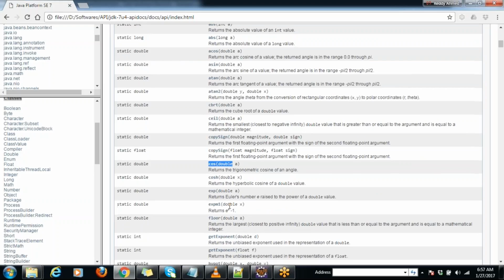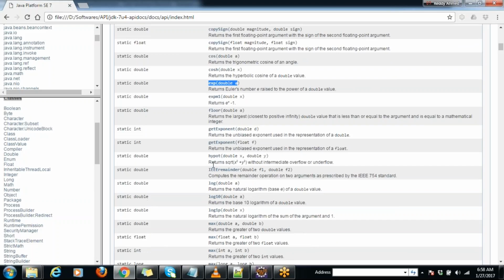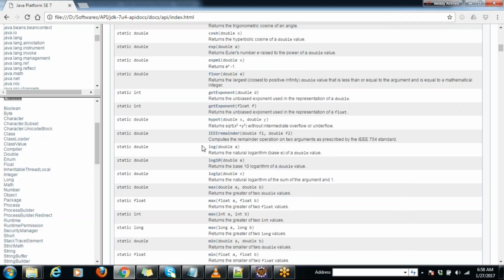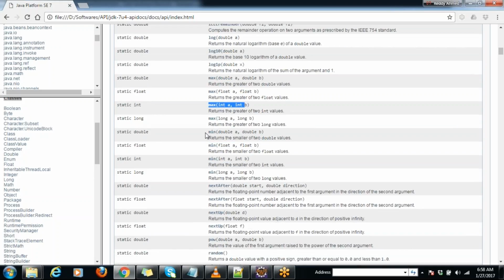cos theta, then exponent, logarithmic to base 2 and base 10, maximum of two numbers, that is double numbers or float numbers, integer numbers, maximum, similarly minimum of two numbers,